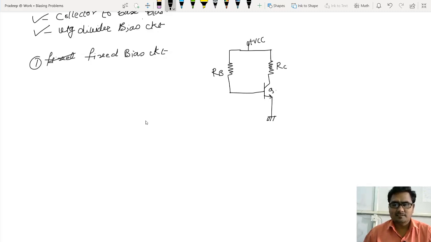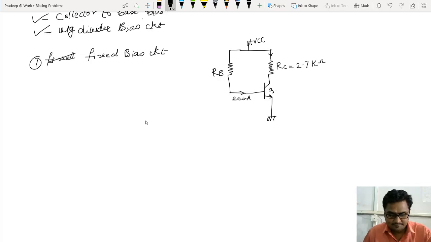So this is the transistor Q. Give the name as Q or T, whatever. Some values are specified for this. The value of RC is given, 2.7 kilo ohm. The value of RB is not given. The current flowing through the base is given, that is 20 microamperes. Micro means 10 raised to minus 6, so you know that.